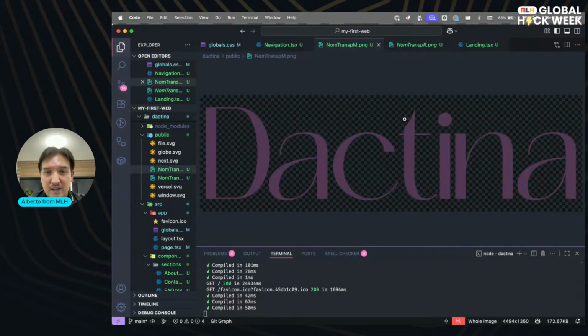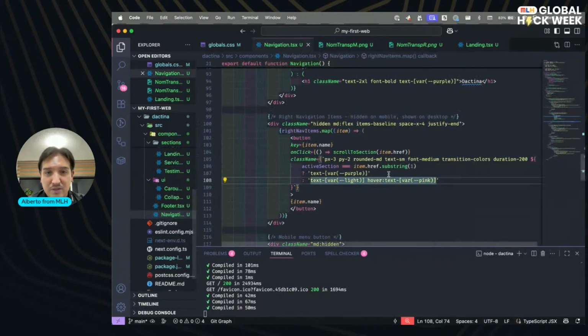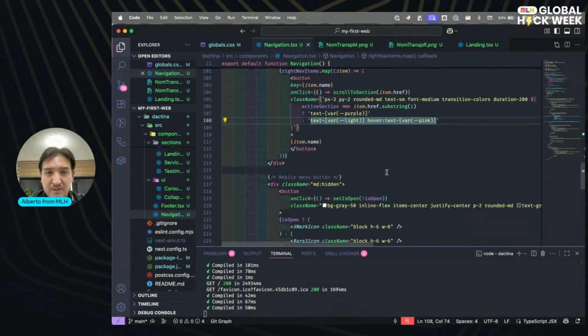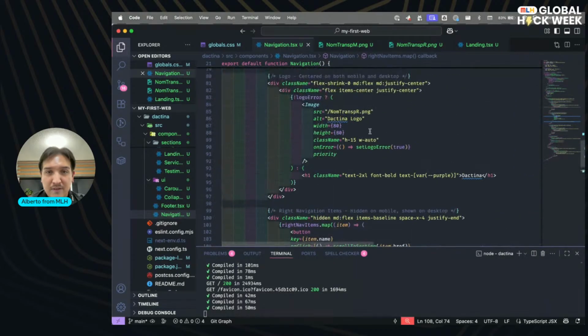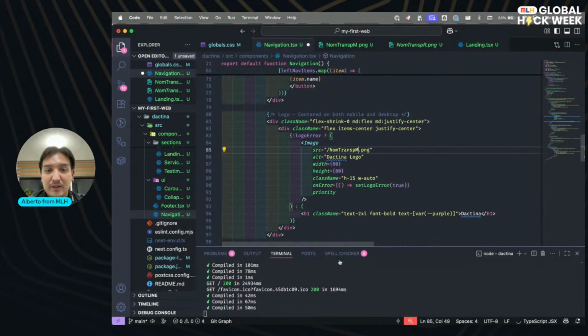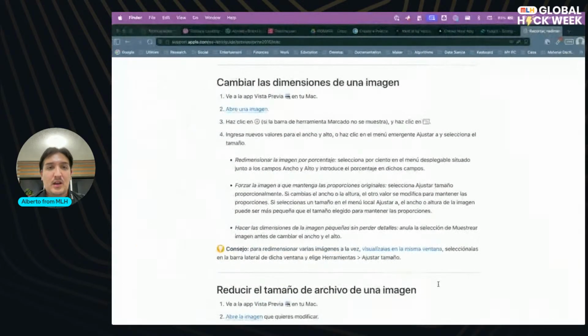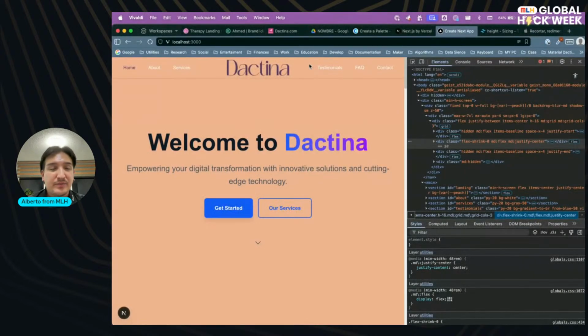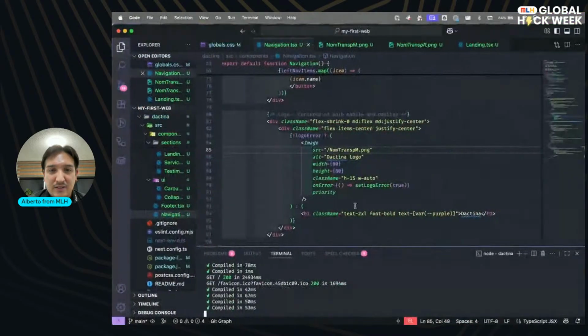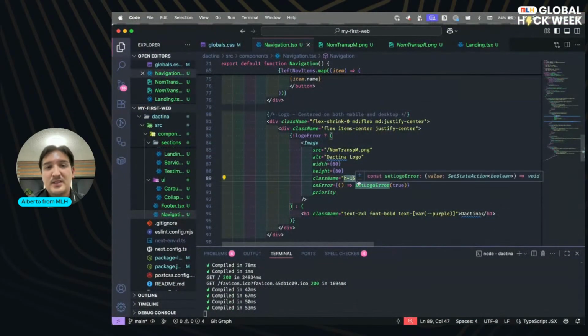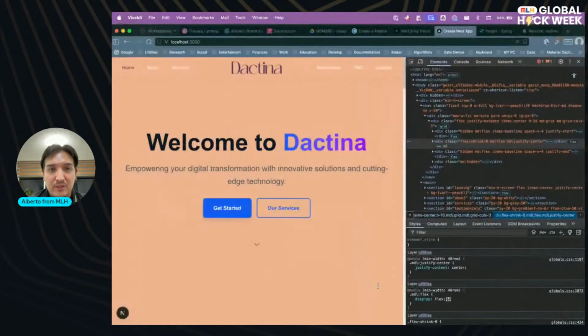So if I come here and I change that for this, R, and this is M, right? Navigation, M from magenta, and let's see how that looks now. Okay, maybe this isn't the right ratio.